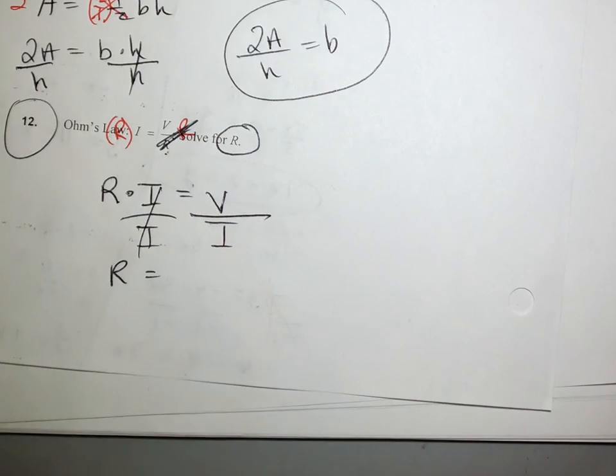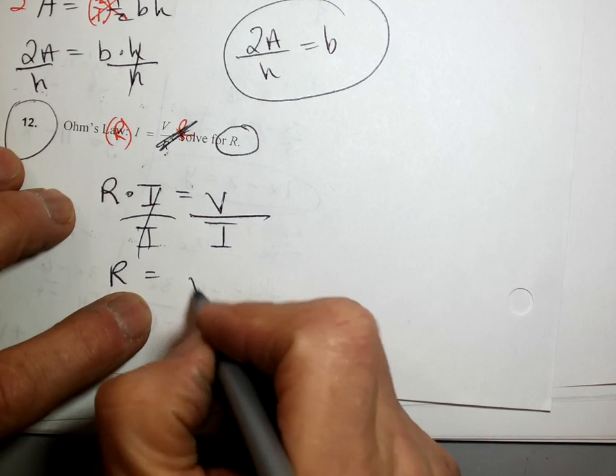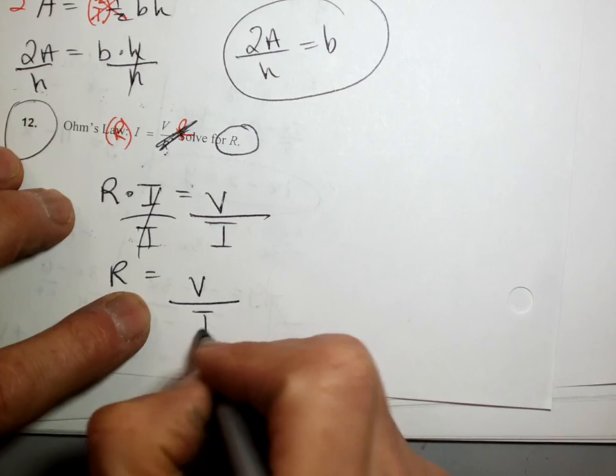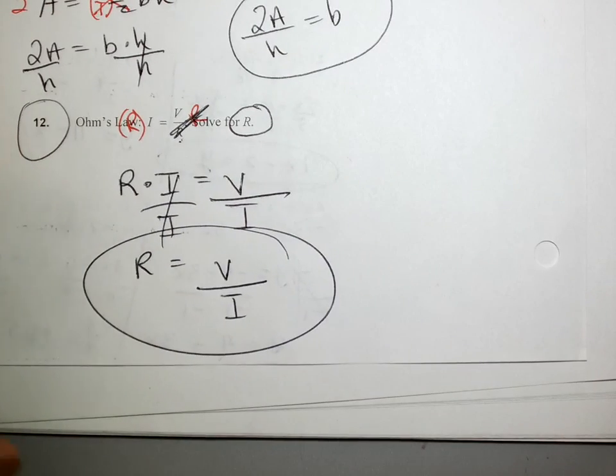Now, I don't know what v is. It's some number, and I don't know what I is. It's some number. So I cannot divide it. Does that make sense? Unless I know the numbers. And I don't know the numbers, so I'm going to leave it as v over I. And when I find out what the numbers are, I can put them in and then divide. So my answer is v divided by I equals r. Now, I'm going to have you guys do